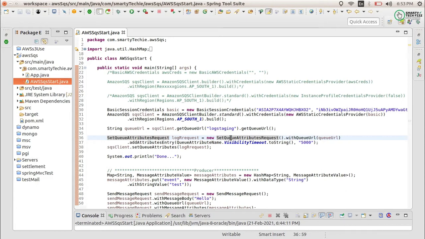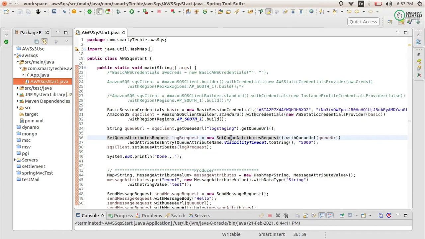Here the producer means, see what SQS does, it takes the message from the producer, that is the one who produces the message, right? And there is another side, the consumer, that is the one who will receive the message and process it according to their use cases.